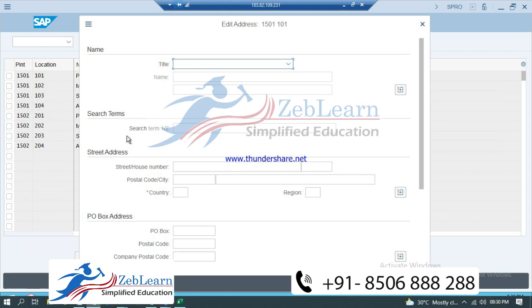The only thing which is mandatory is country. So we'll be giving the country for each location. After clicking on enter, put a down arrow and write country. And in country write IN.